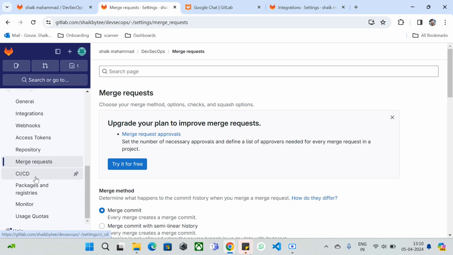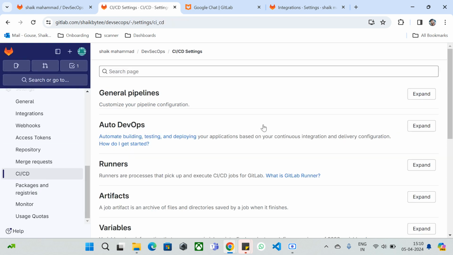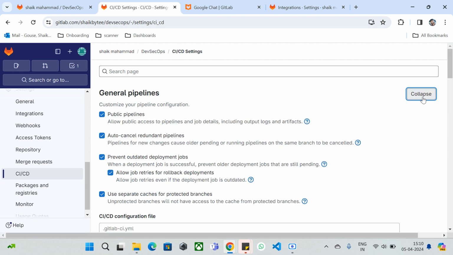And the next one is the more important, which is the CICD settings. So these settings do apply on the pipeline level. So the first one is general pipeline. So if I expand it,